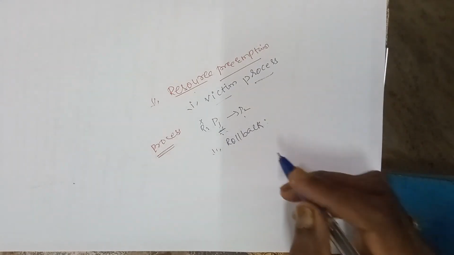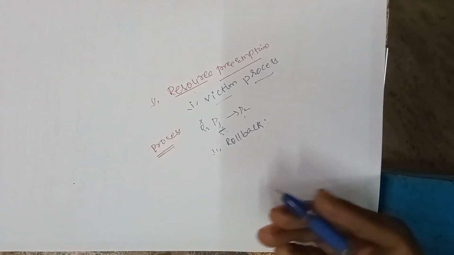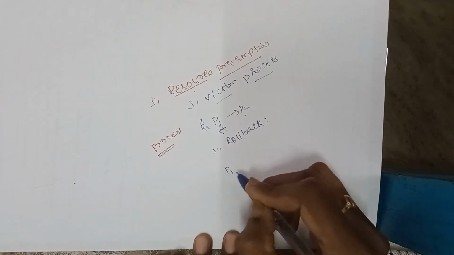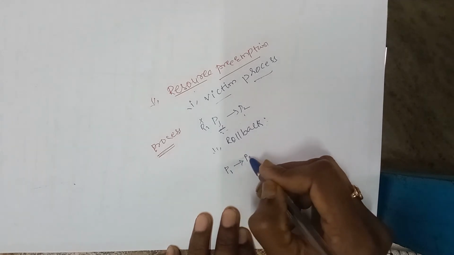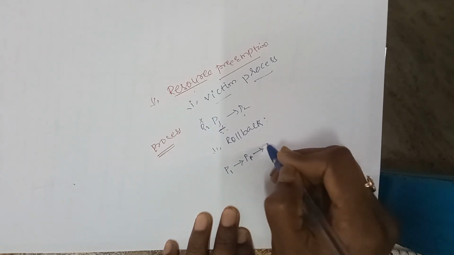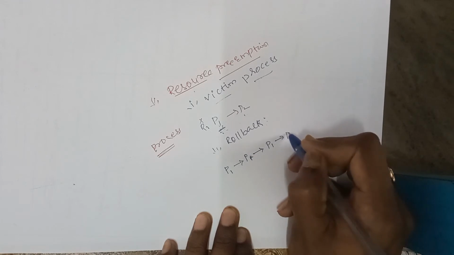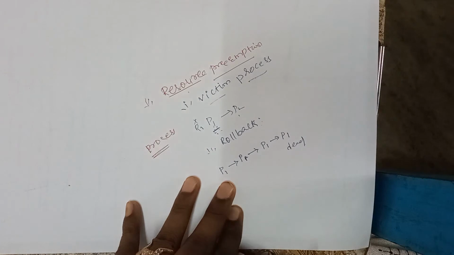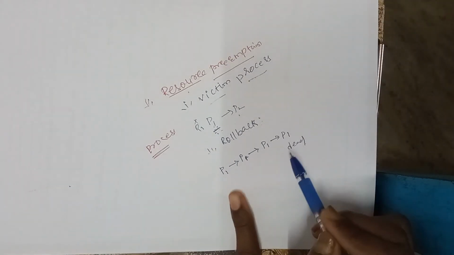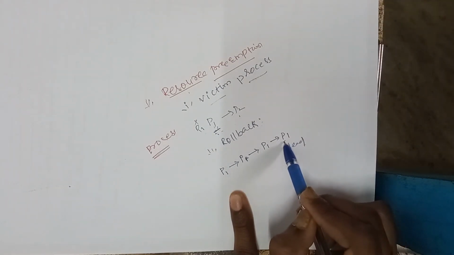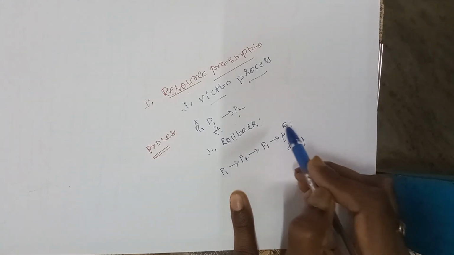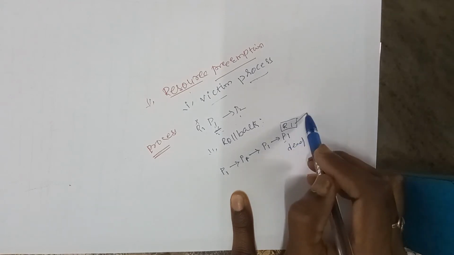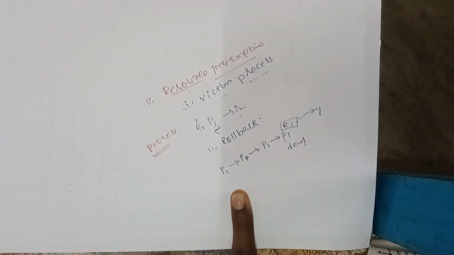Rollback is nothing but like an undo operation in a normal computer. For example, consider process P1 is started here. After 10 seconds, P2 has come here. Next, after 10 seconds, P1 is here. After 10 seconds, P1 is here. Now, P1 has a deadlock. What will happen if the deadlock occurs in this position? What do we have to do in the resource method? We have to take out the resources of P1 and these resources will be given to any other process.